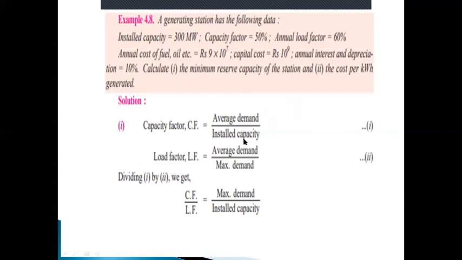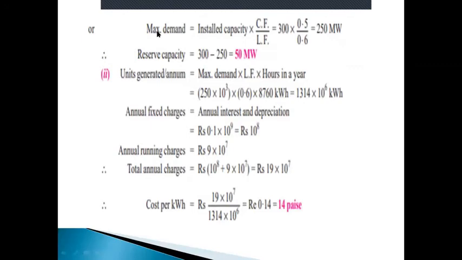But here installed capacity is given, average demand is not given, whereas capacity factor as well as load factor is specified. So let us make use of these factors. Dividing 1 by 2, the ratio of capacity factor and load factor will become equal to maximum demand divided by installed capacity. After you simplify 1 by 2, average demand will get cancelled, so maximum demand will go to the numerator. From this equation, we can write maximum demand equal to installed capacity into capacity factor divided